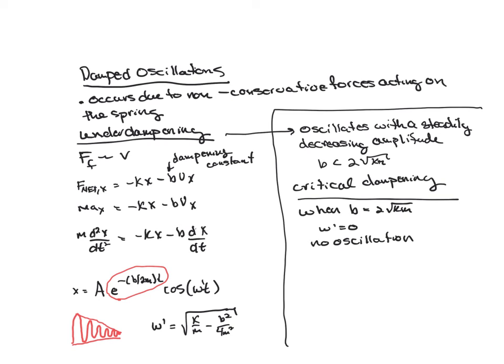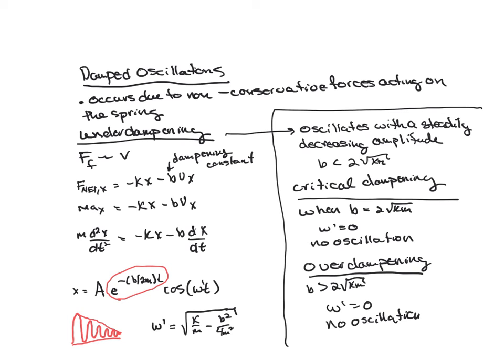The same thing occurs with overdampening. So this occurs when you have your dampening constant greater than 2 times the square root of k times m. And once again, there is no oscillation,